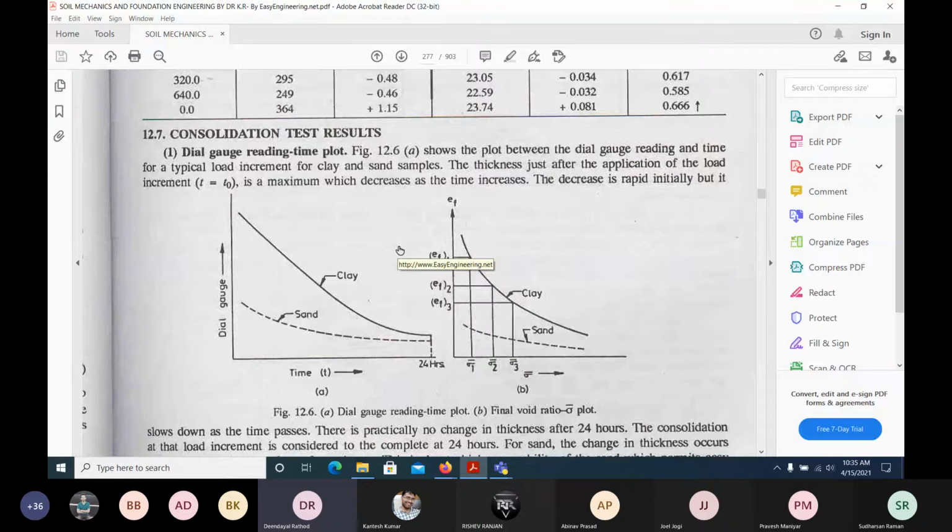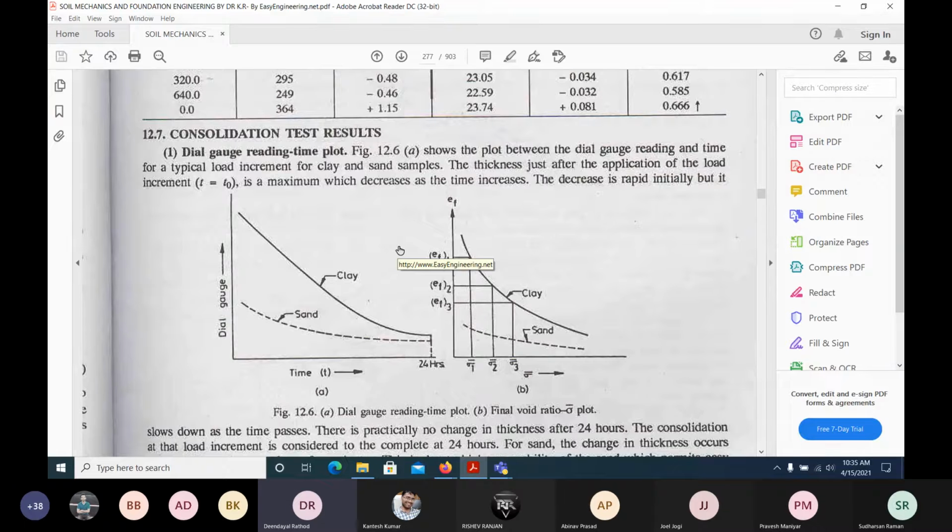Secondary consolidation takes a lot of time, due to readjustment of particles, and initial consolidation may be due to the expulsion of air and so on. So primary consolidation is very important. When I'm talking about consolidation, it means I'm talking about the primary consolidation only. And we have seen some videos also on how we can conduct the consolidation, and why this consolidation is important,